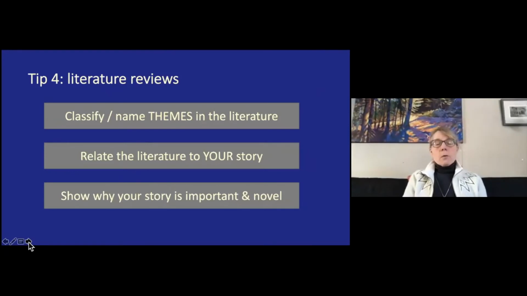So, tip number 4, literature reviews. This is most often a requirement in an academic journal article. We need to speak to our wider community and to speak to the literature that's been done. Now, a couple things to remember with a literature review. One is that you're explaining to the reader where you sit within the wider literature. So that's why you want to draw on relevant stuff, some of which may not pertain directly to what you're doing, but you need to show the reader how what you're doing relates to that.